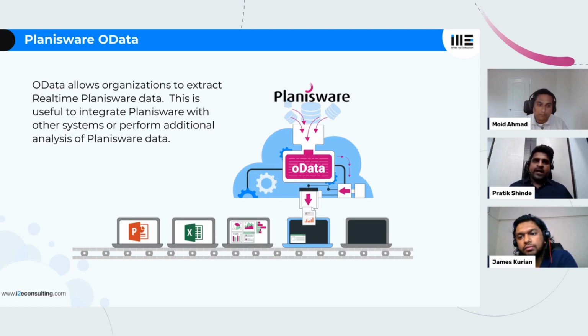Like SQL, where we can write queries, have different where conditions, filter the data, and immediately get data once you run the query, OData is pretty similar. Only thing is it is a web-based query. So you design the query in the form of a URL. You just paste that URL into the browser and enter, and then you have the data in front of you in the JSON format. So OData, like SQL, also allows us to add more data into Planisware. We can update the existing data within Planisware. We can delete it, or we can just read the data, whatever the purpose.